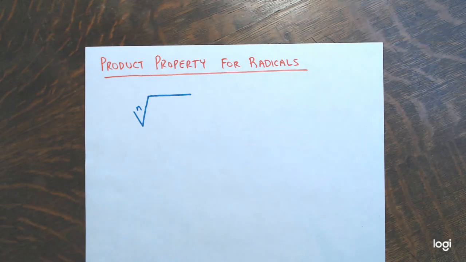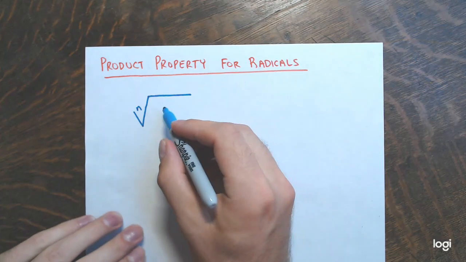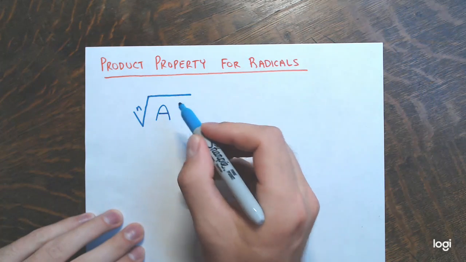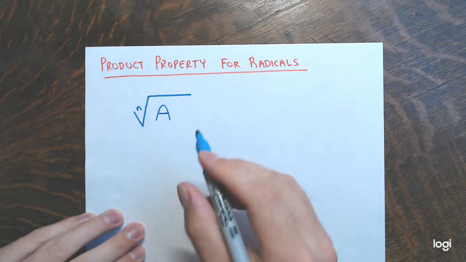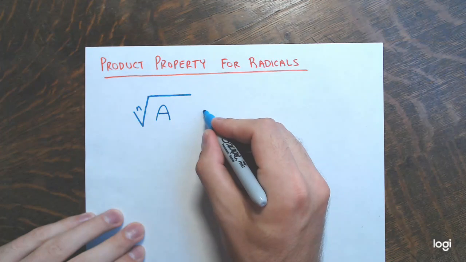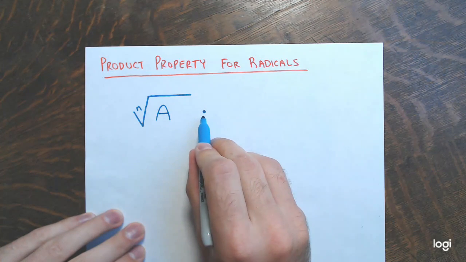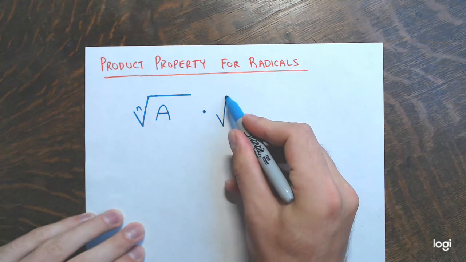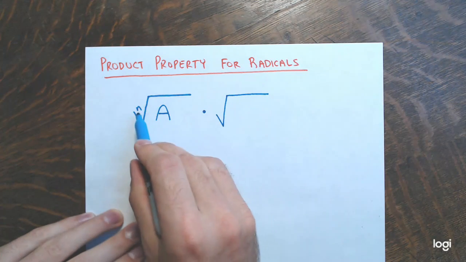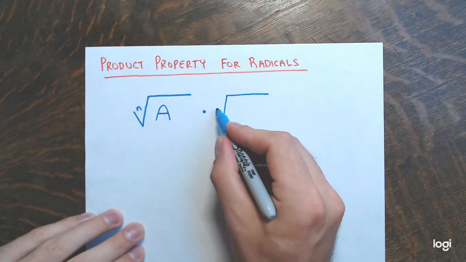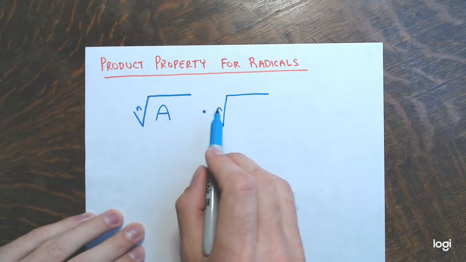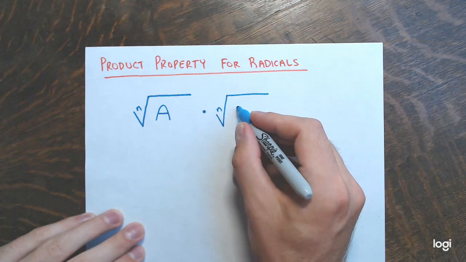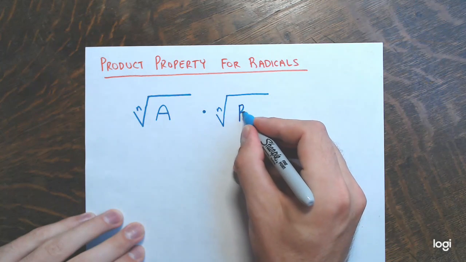If I take the nth root of some radicand, some number underneath the radical, a, and I multiply this by the same radical symbol, so another nth root, notice how both these radicals have the same index, and I multiply by the nth root of b,